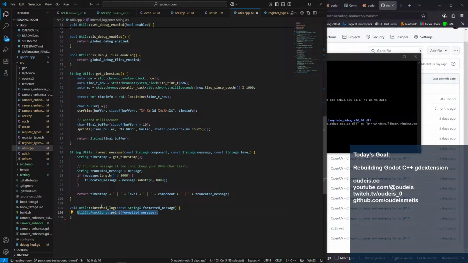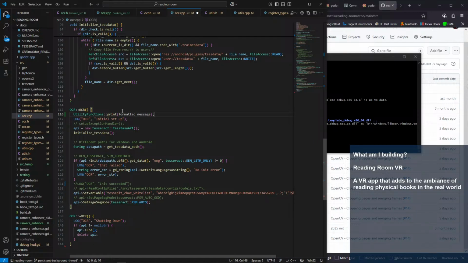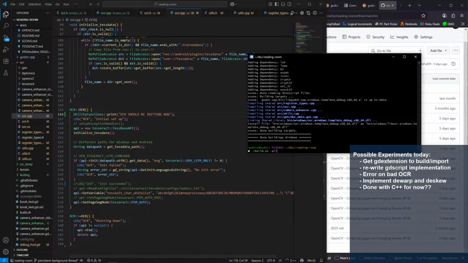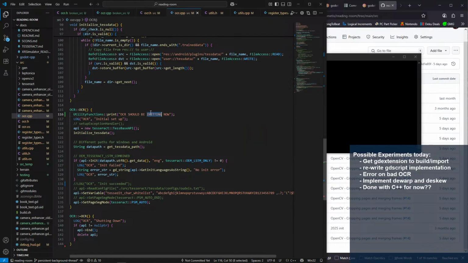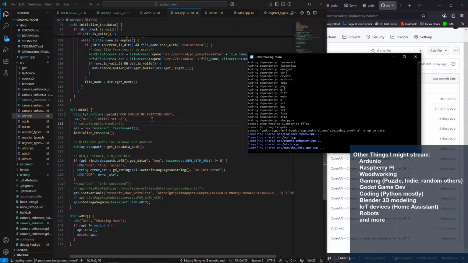Here, let's just do our utility print function as well, just because I really want to make sure this is loading properly. Let's do that. So I should get this message, and now that I fixed that bug, hopefully this one comes through as well. I just want to confirm I can get those log statements, because if I can, then I can rapidly apply things and see what happens.